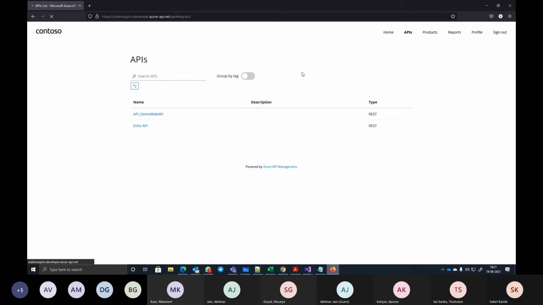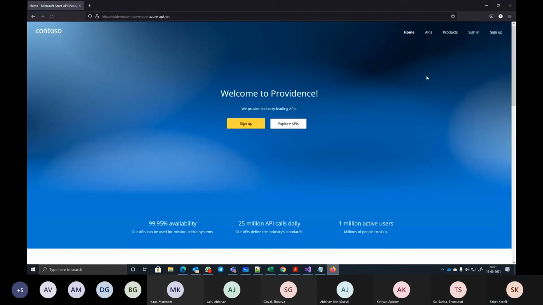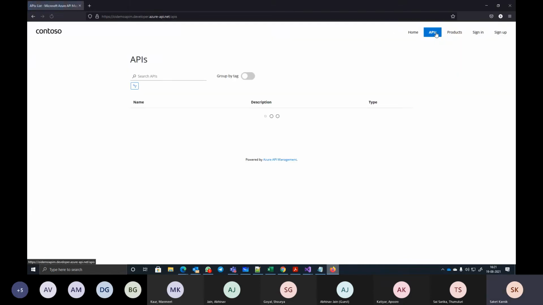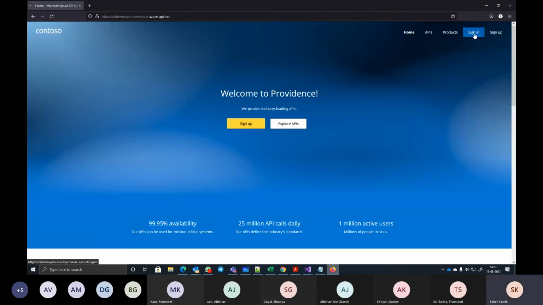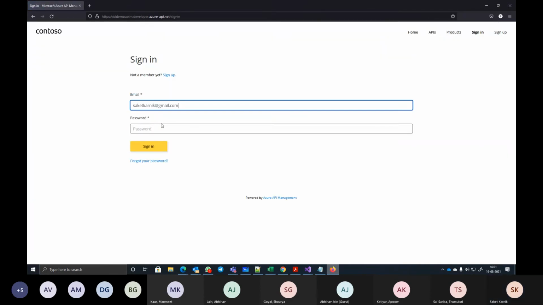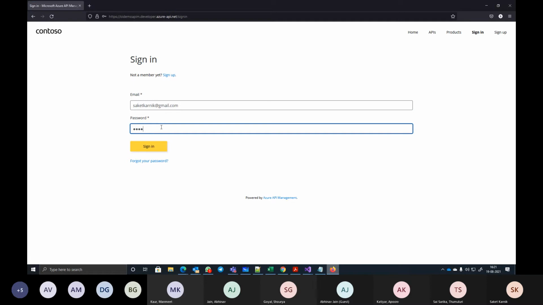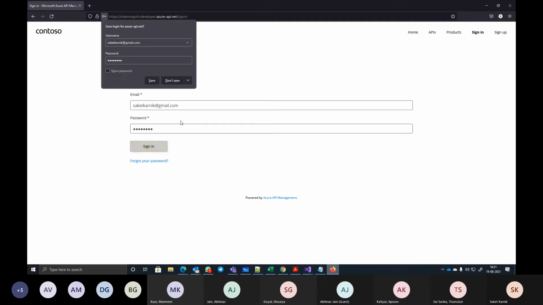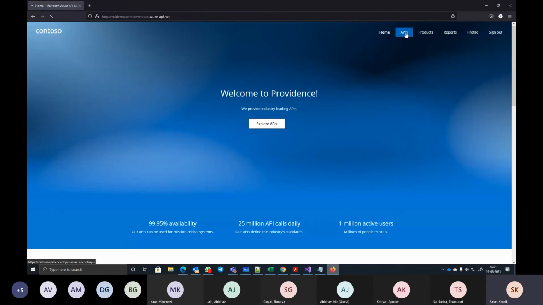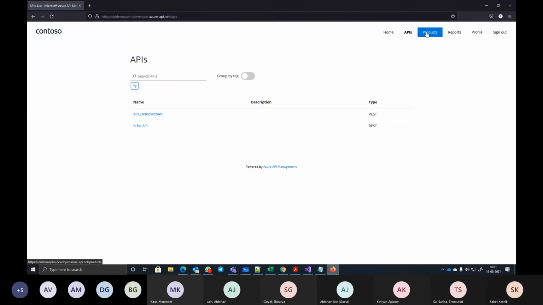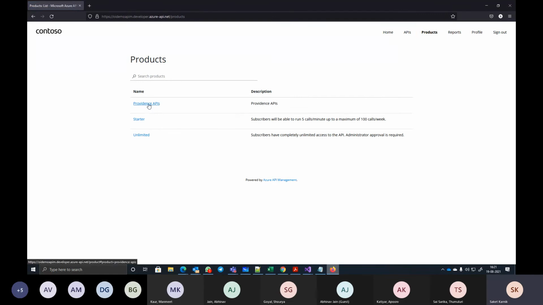Let's try. I do a sign out and see APIs. Only Echo API is there. Products, only starter and unlimited are there. But if I sign in, and then I say APIs, I get my published API, my published product as well.